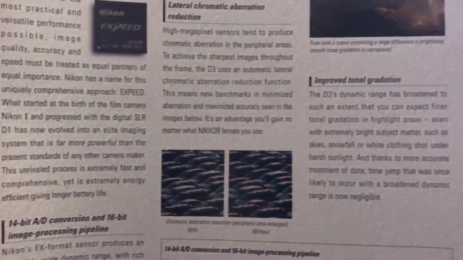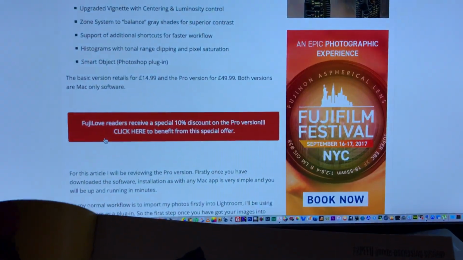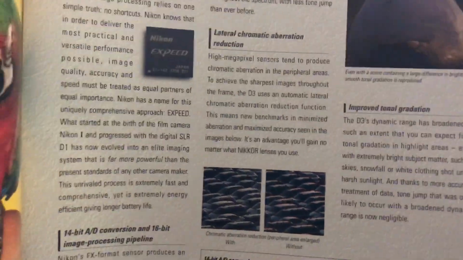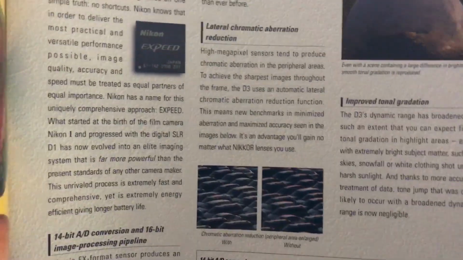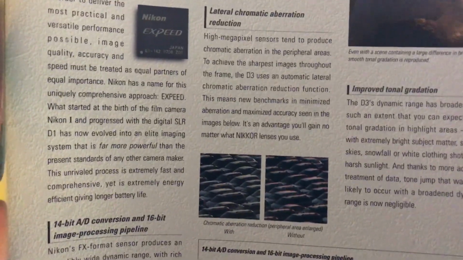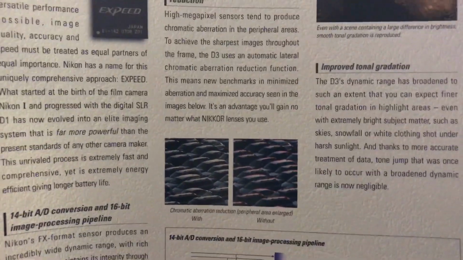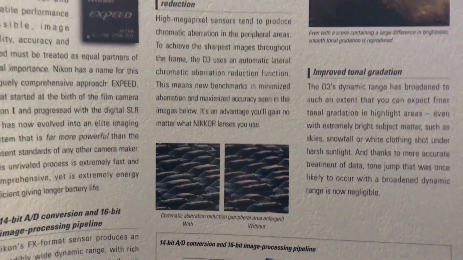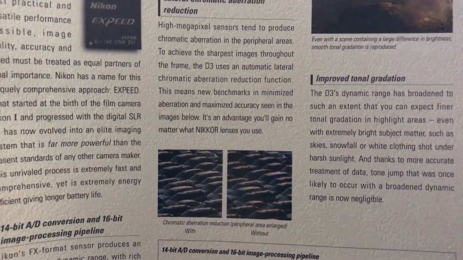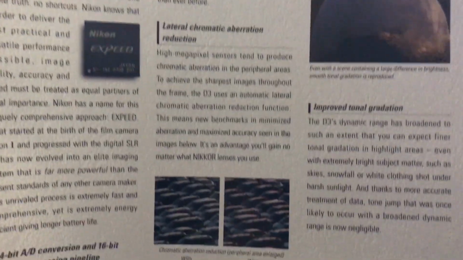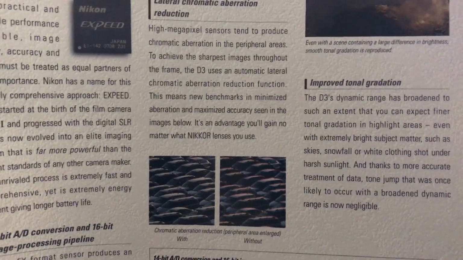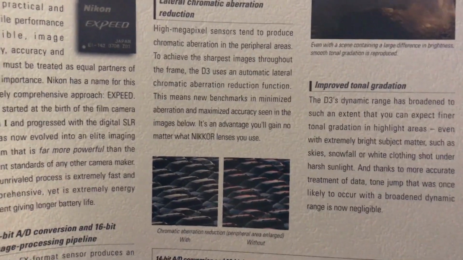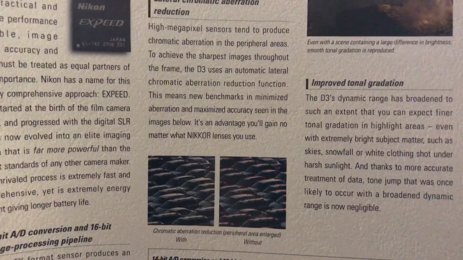The amazing thing is that so many people try to argue whether microcontrast exists or not. I got three sources here: ZEISS, Nikon, and Canon. Now this is the Nikon D3 brochure talking about improved tonal gradation. These are intertonal details or low SNR gain light signals that add to the realism of a shot. And what they're talking about is tonality in things like harsh sunlight and snow, giving you better SNR on low